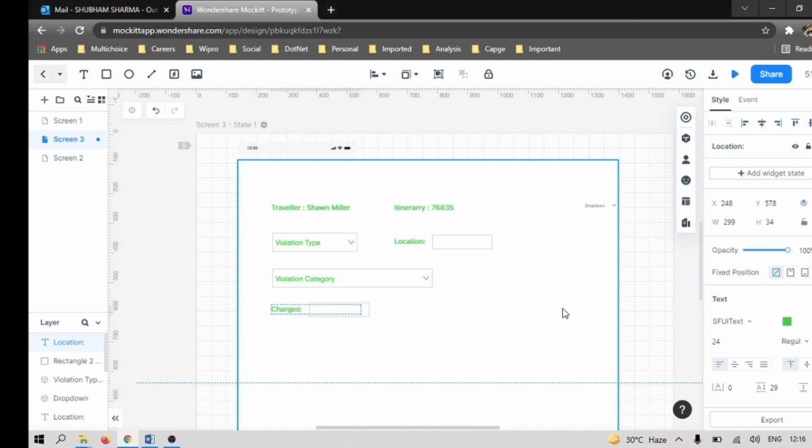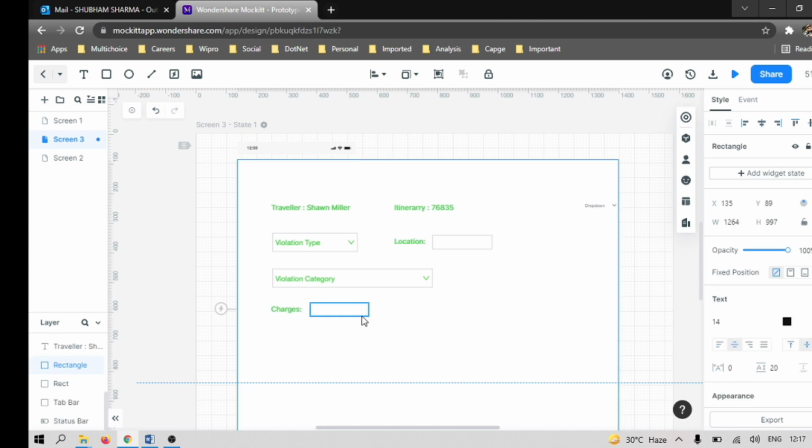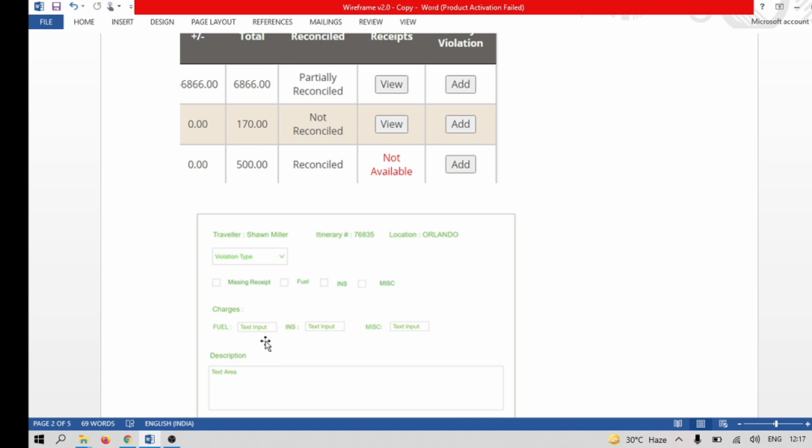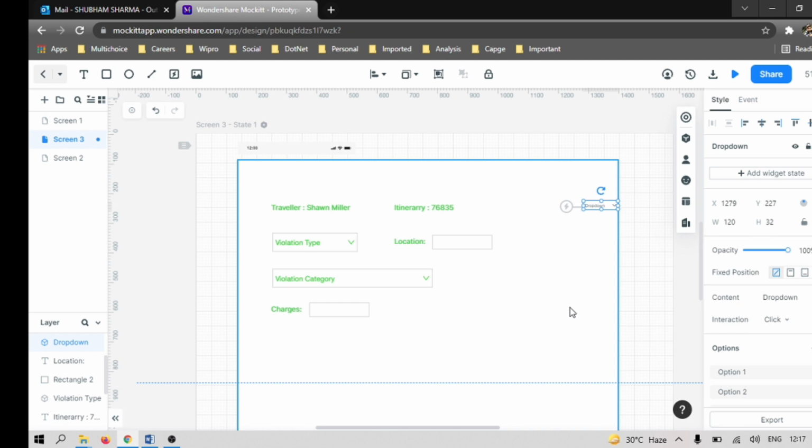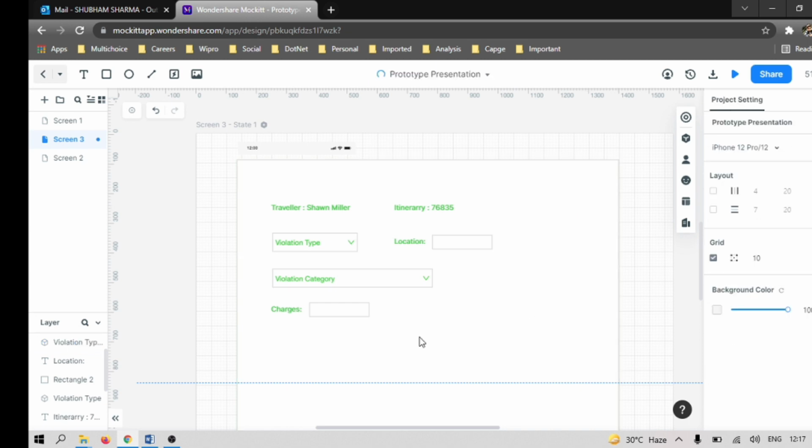Yes. Okay, so this charges text box will be here, so it will be taking all these values from the charges, and then description is there. Okay, so for the description we need to take this thing to delete. Is it saving? I hope.